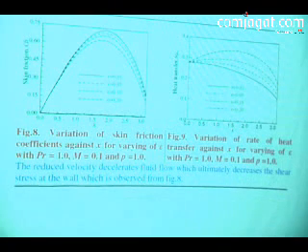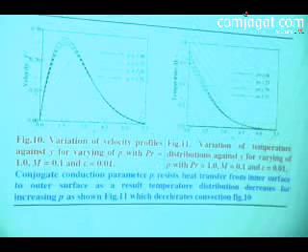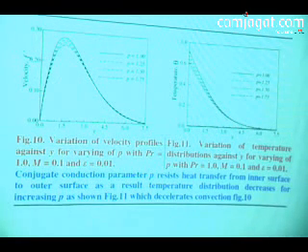This is the velocity distribution and heat transfer effect for different values of the stress work parameter. From figure 8, it is observed that the velocity decreases, but the temperature increases with increasing values of the stress work parameter. Now, figure 10 and figure 11 show the effect of the conjugate conduction parameter on